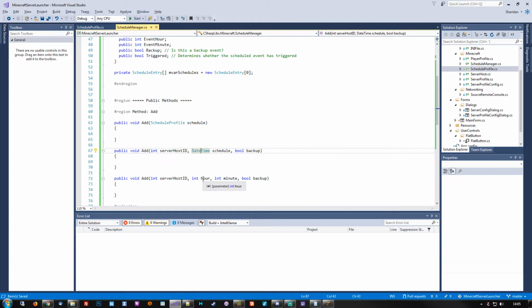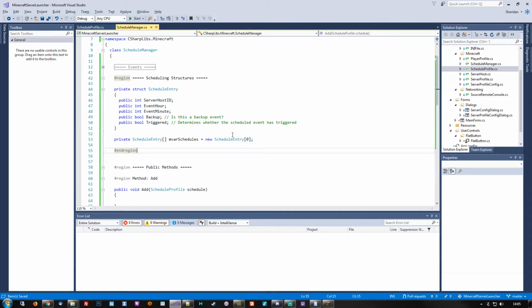Whether that's useful or not kind of depends, but we definitely need some kind of way to determine whether this is just a reset event or whether it